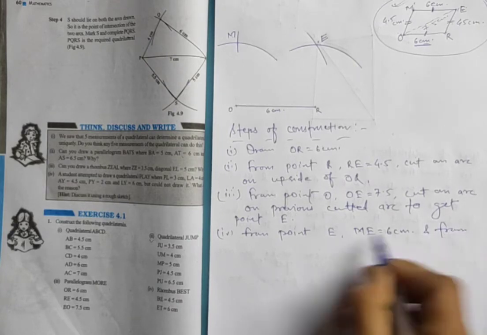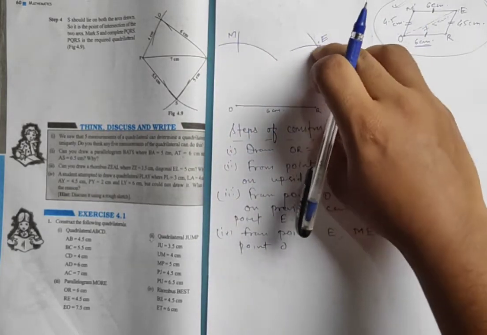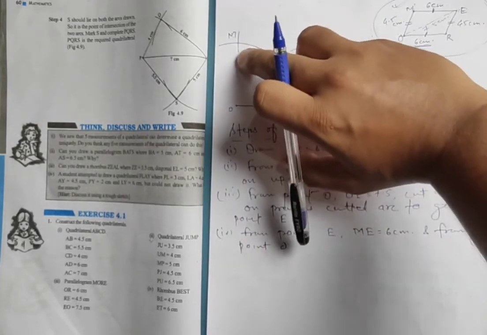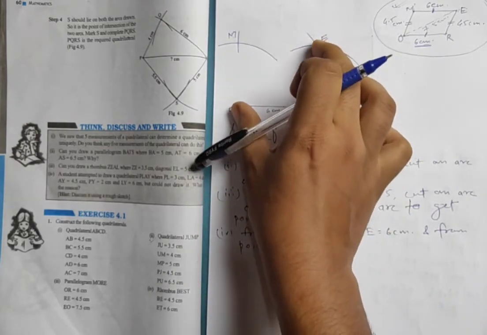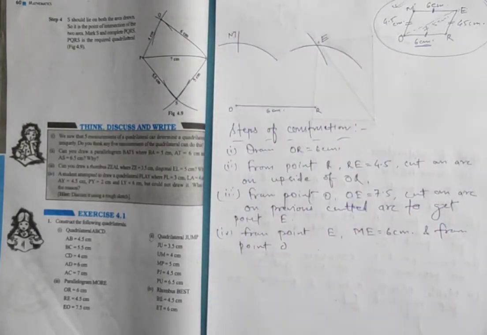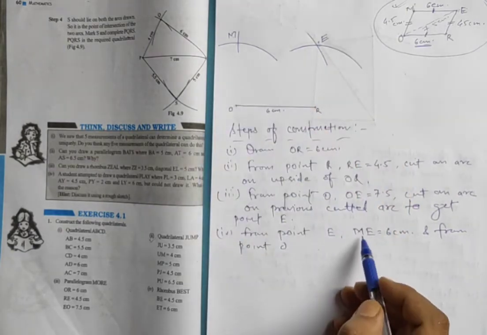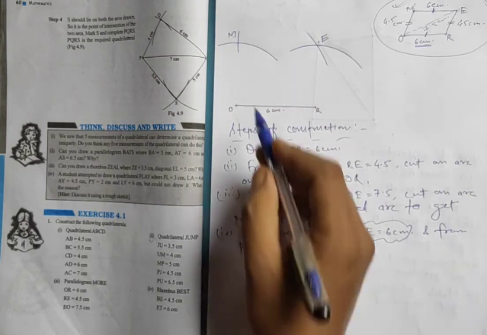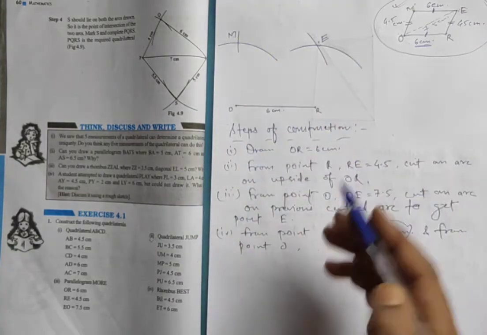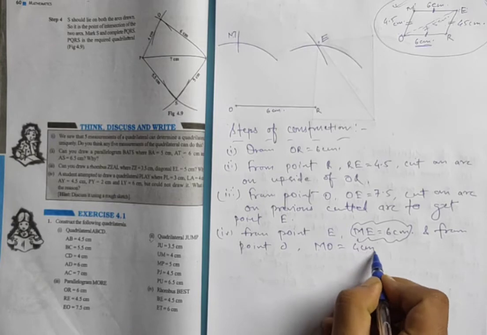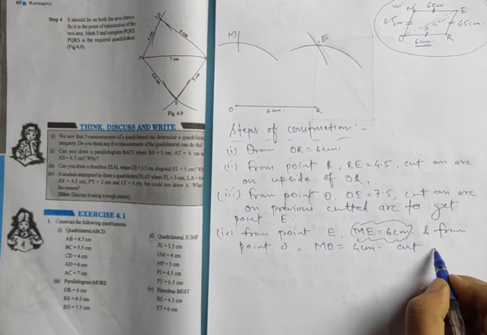from point O, also we have taken an arc. First we have taken an arc from point E and point O. That means from these 2 points we took an arc and cut that point to get M. So from point E we took an arc of 6 centimeter, and from point O we took an arc of 4 centimeter, such that MO equal to 4 centimeter. Cut arcs